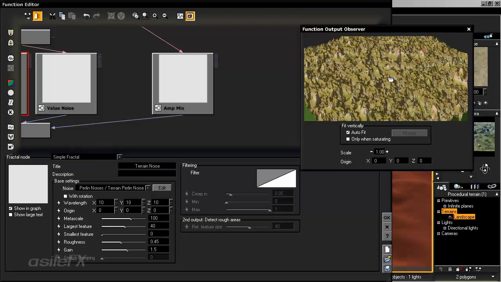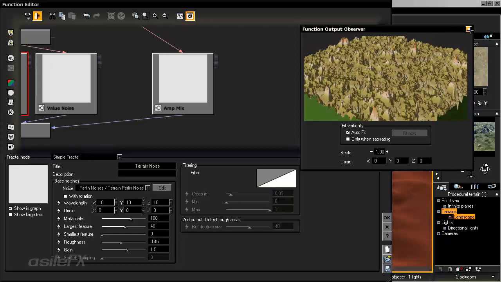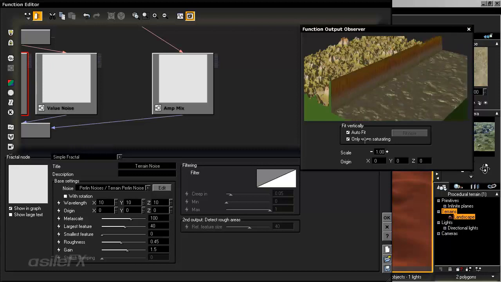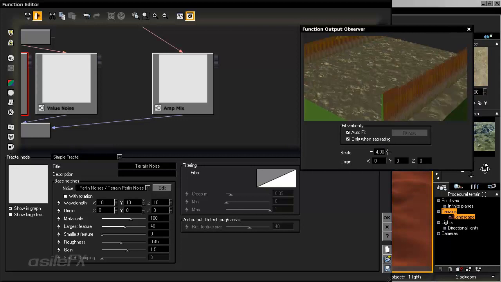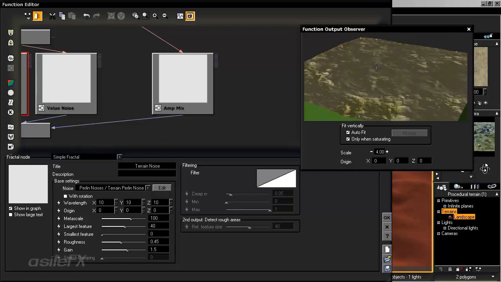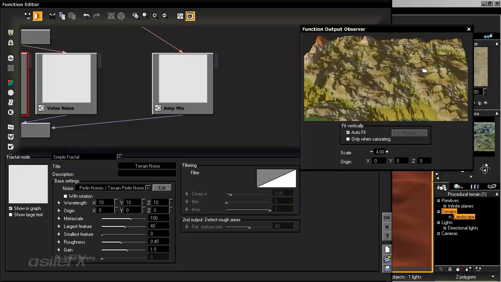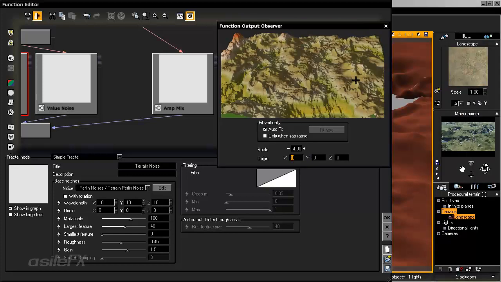Now in this case, it's raised up quite a lot, and a lot more than what we actually have in the scene. What you can also do is, if you turn back on the only when saturating, you can go ahead and zoom in to see the terrain a little bit better, and something a little bit closer to what's in the current scene. Turn that off, you can see a little bit better. If you want to move to a specific spot, you can change the origin, which will allow you to move around the preview. Now if you're working on a specific area